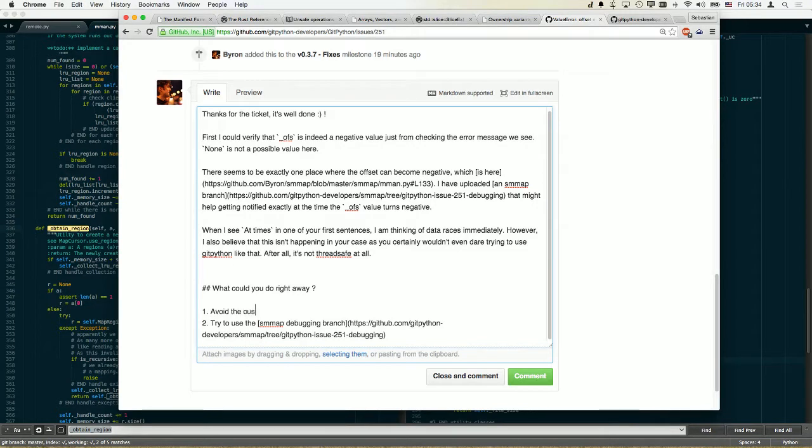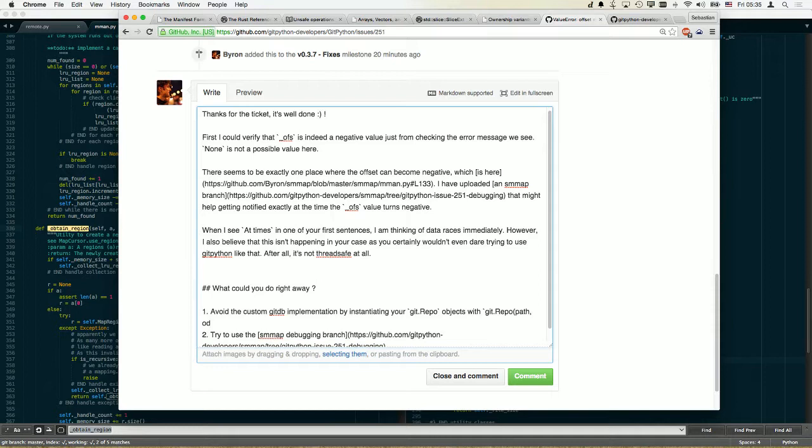Avoid the custom gitdb implementation by instantiating your git repo object with git repo path